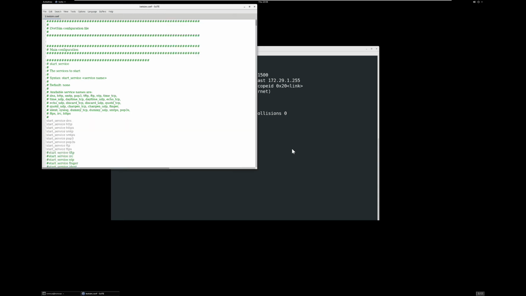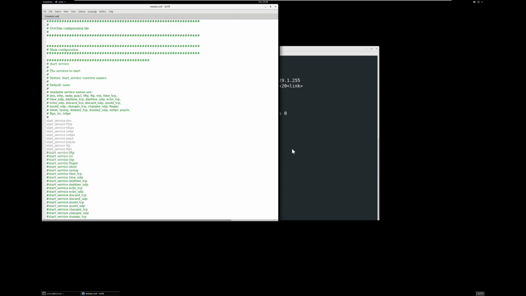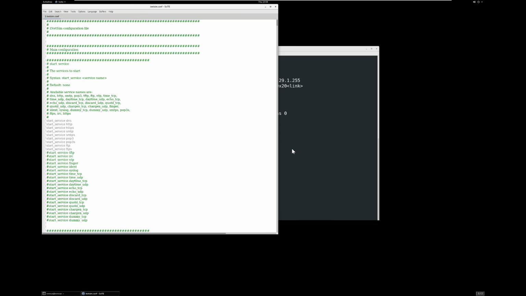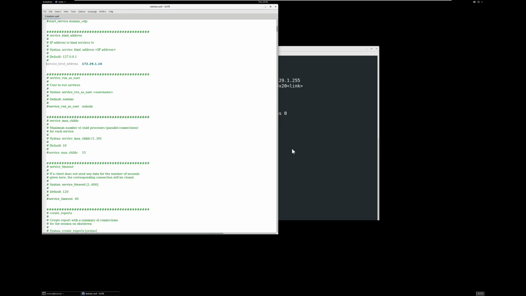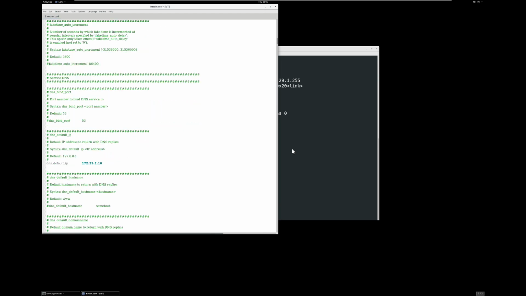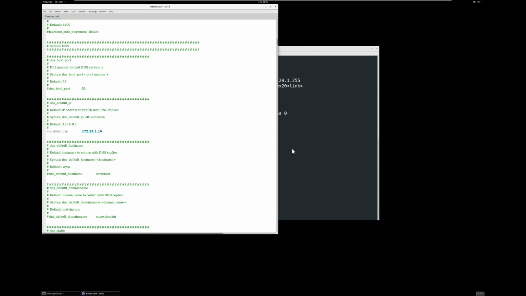There are 3 changes that you have to make to this file for our Sandnet to work. The first is that you have to uncomment this command to start service DNS. By default, this is commented, but not even our ping test will work if start service DNS is not uncommented. The next thing you need to do is to set the service bind address to 172.29.1.10 and uncomment this line. The last change that you need to make is a little bit further down into this config, and is to uncomment this line and set the DNS default IP to